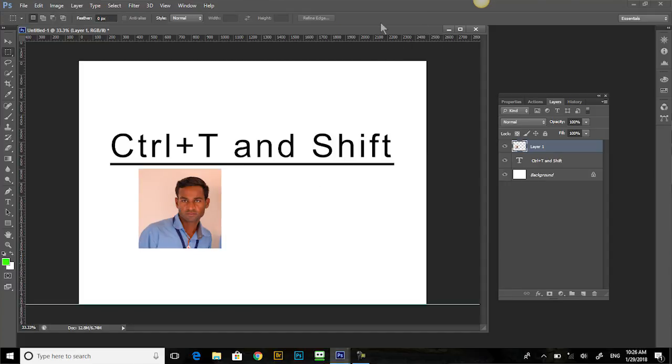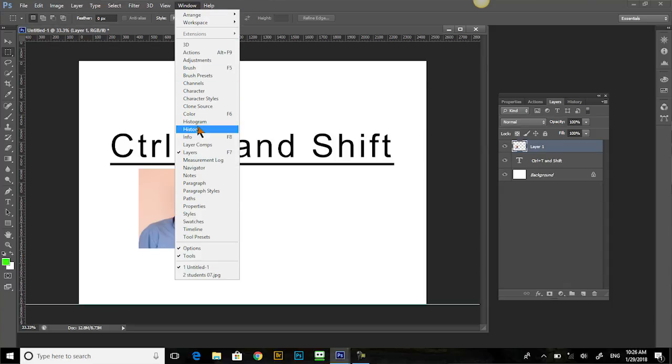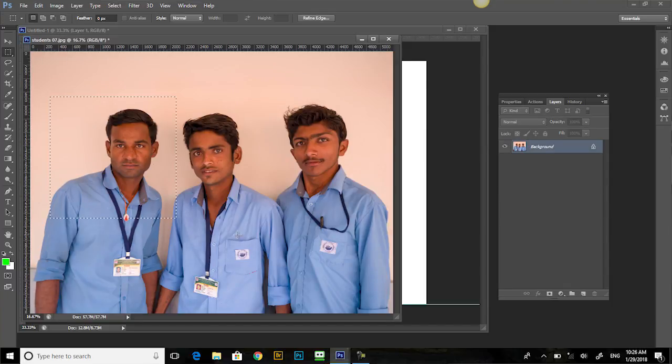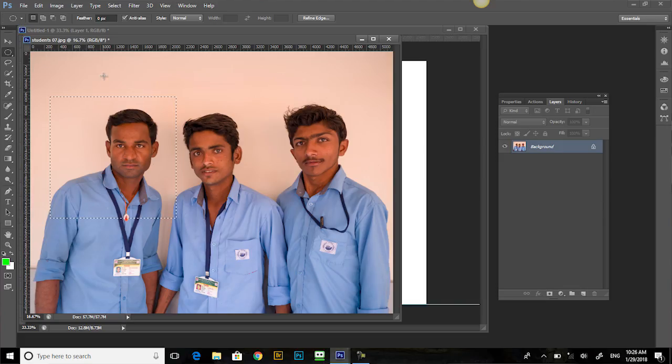So let's go back to that picture, and this time you're gonna select the elliptical marquee tool. Before we go on, you should know anytime you want to get rid of this little box here, you can press Control D. Control D gets rid of that little box, which people call the marching ants box. Okay, so there's our elliptical,